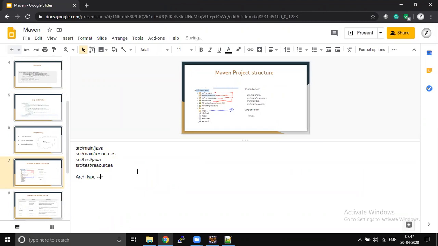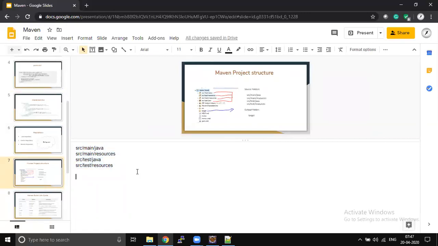Whatever archetype you select while creating your Maven project, by default 4 folders will be created with respect to Java. There are some archetypes which create .NET projects or other projects, but I'm talking about Java. These are the 4 folders that will automatically be created.